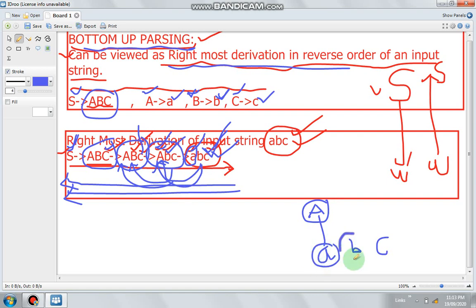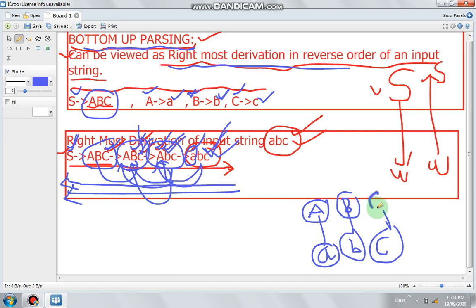These all are nodes of the parse tree. Again, in order to go one step back, you can see we have replaced small b by capital B. So do it here. This is part of the parse tree. Now, in order to go one step back in rightmost derivation in reverse order, we have replaced small c by capital C. So do it here.